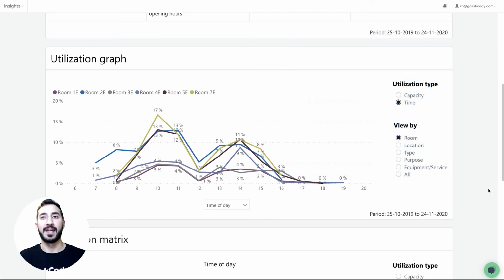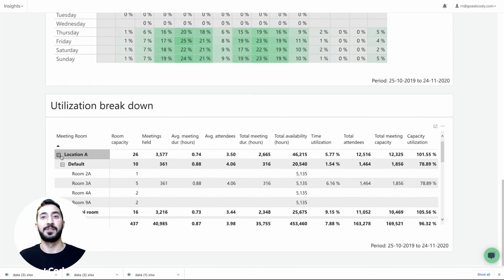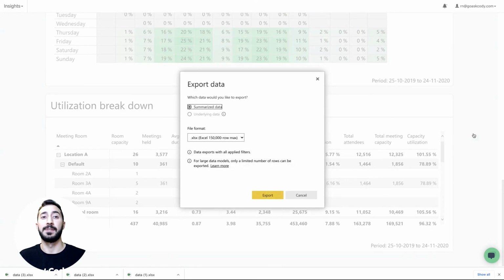We see many companies having to either combine the data from different sources or manipulate it outside our platform. With Workplace Insights, you have detailed filtering to create customized reports on your specific rooms, facilities, locations, equipment, and purposes. And you can